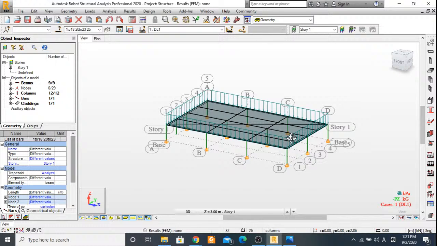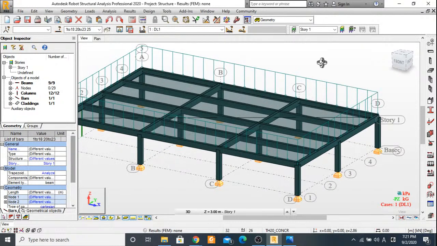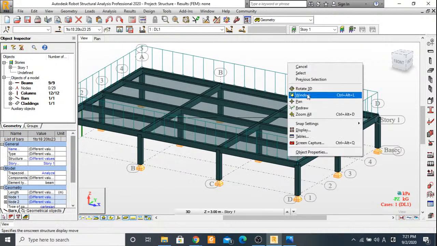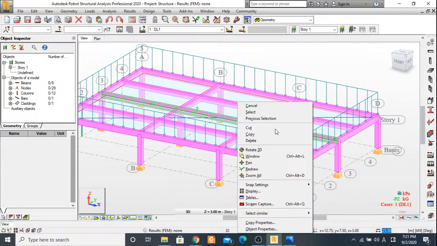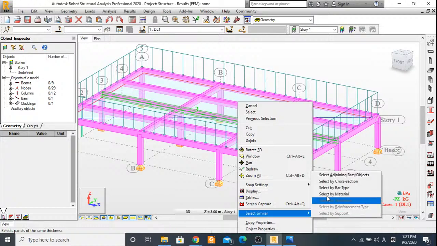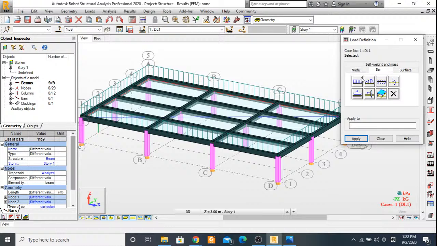What we need to do now, all right, let me put the cross section of those beams again. What we need to do now actually is select all of the beams and then add its downstand weight, all right. So what we'll do, I'll right click there and select all of similar cross sections. So those are all of the beams, all right. And what we'll do is that we will define the load of the downstand on top of each of them